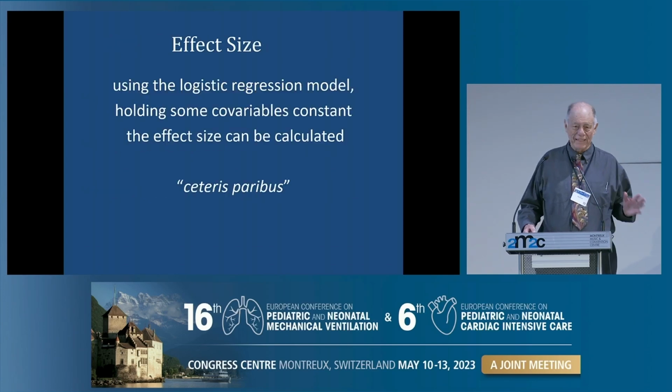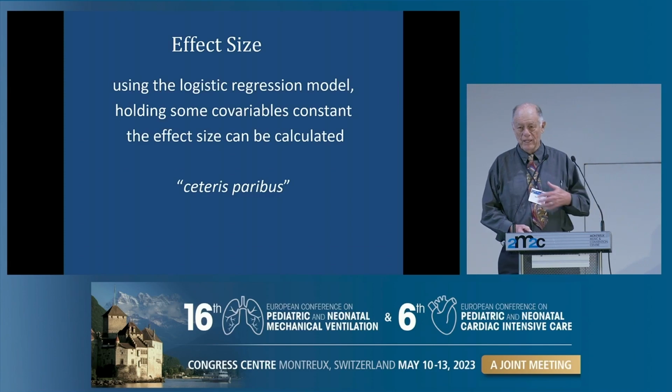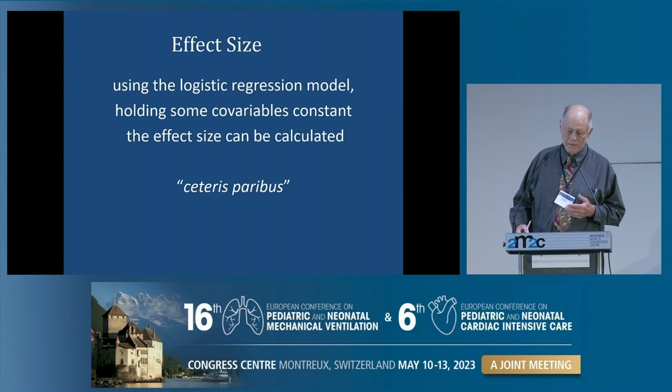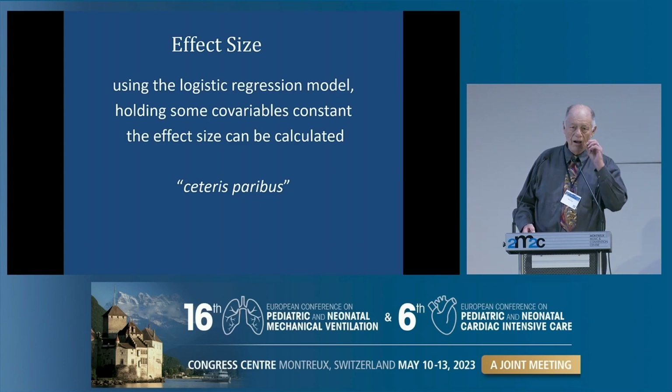So what about the effect size? That's always important. You get 4,000 samples, you can have a lot of things that are statistically significant that aren't clinically relevant. Using a regression model, in this case the logistic regression model, you can hold some of the covariates constant and then see the effect of the ones that you change. In economics, they call this ceteris paribus, which means assuming everything else stays the same. Of course, it never really stays the same,